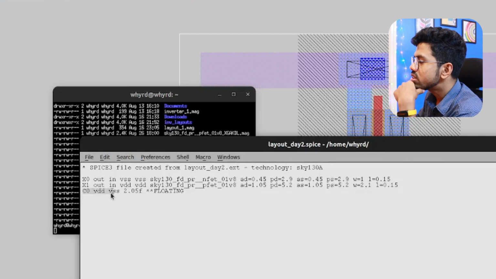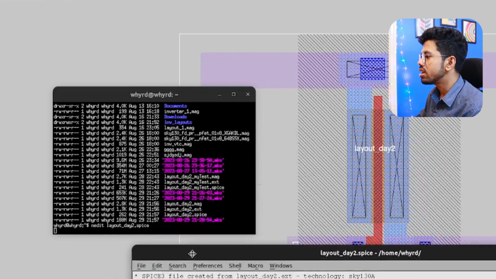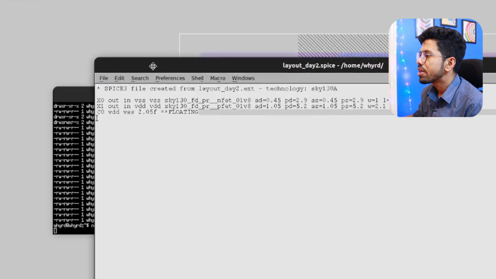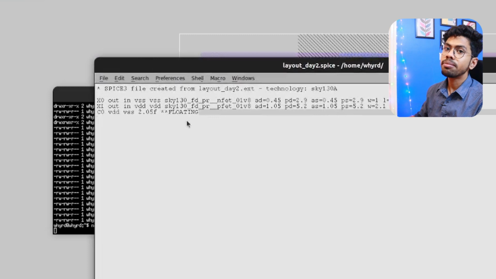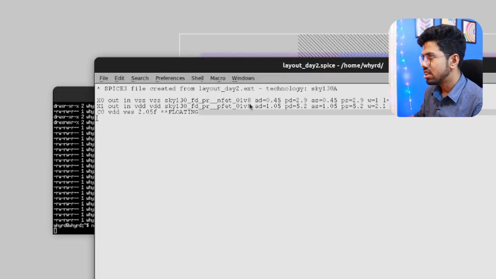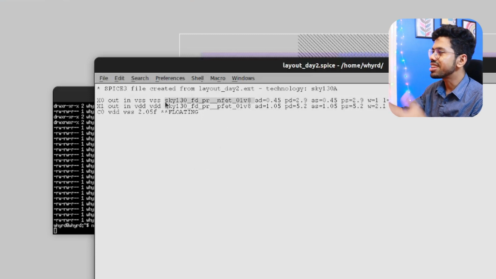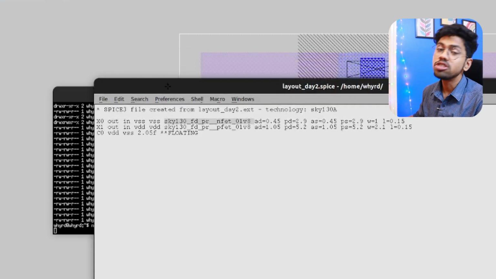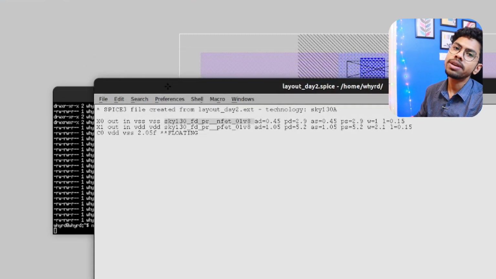And here one capacitor also got created from VDD to VSS. I'm not sure how it got created. Is it the parasitic capacitance or not? But for now, let it be. We will investigate it in a later phase. So now what task remains here? If you remember your Xschem lectures, there I said this is something which is written in English, right? Our computer doesn't know. If I try to run this spice using my ngSpice, for sure ngSpice will highlight that,